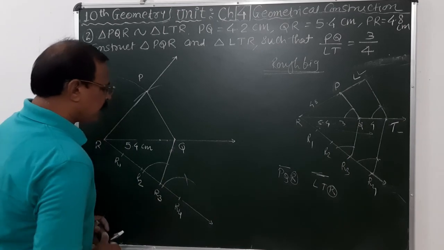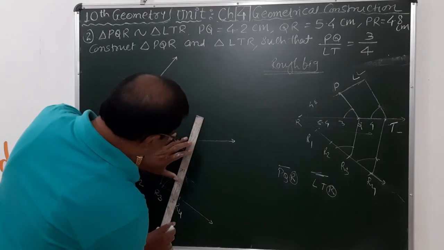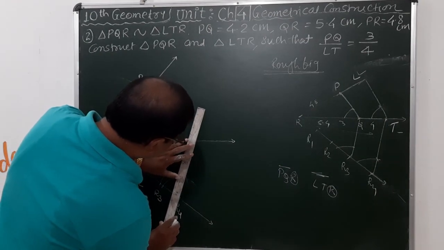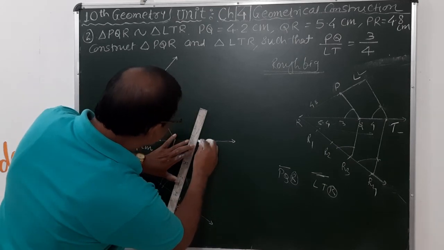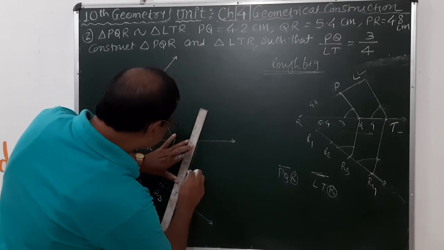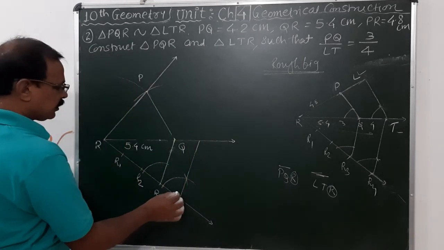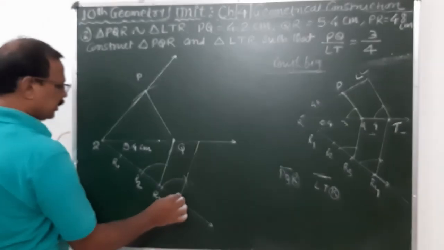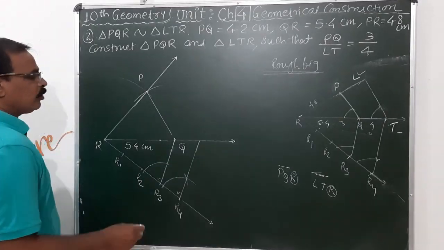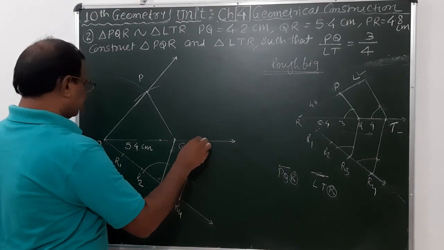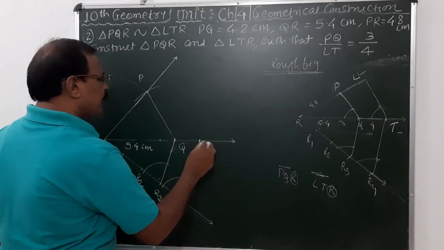if the corresponding angles are congruent, then the lines are parallel, and here we are using the same theorem, the property of the corresponding angle. If the corresponding angles are congruent, therefore the line must be parallel here. Now this line intersects the RQ line at point T. This is your T point here.